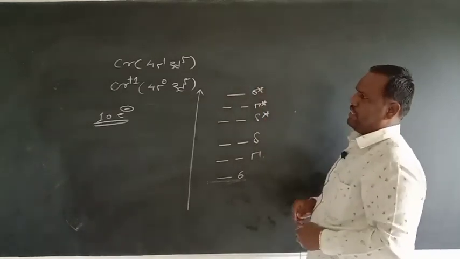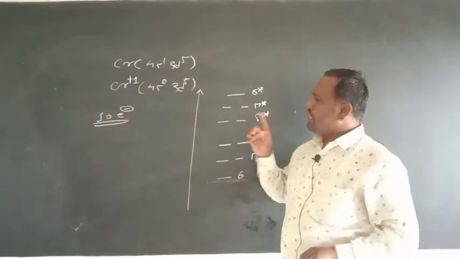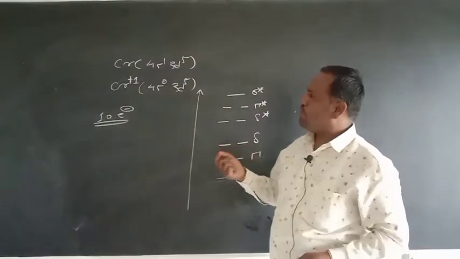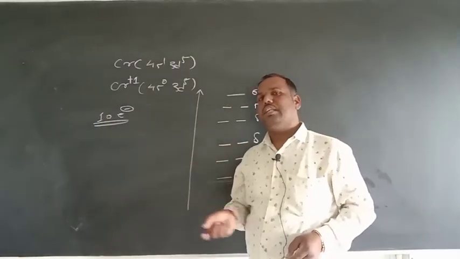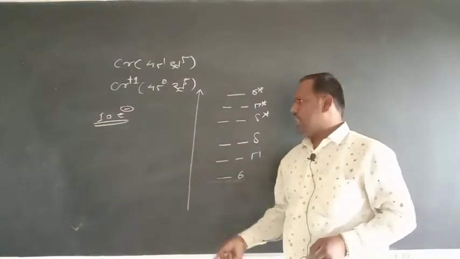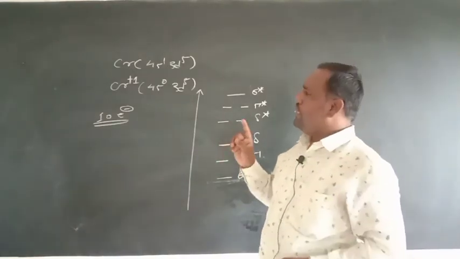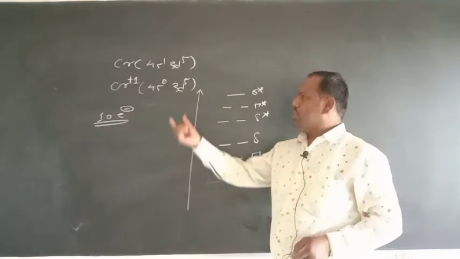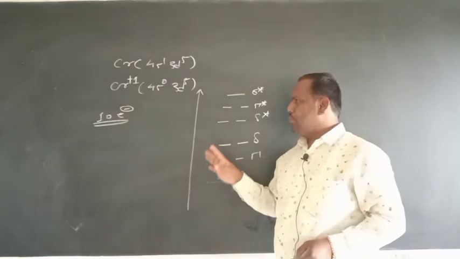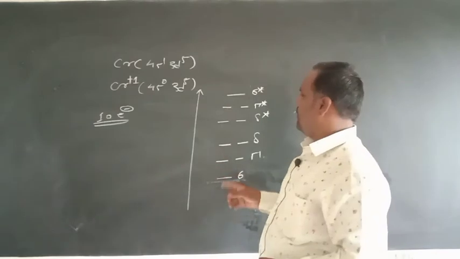You should keep in mind that whenever a pi donor ligand is attached to the metal atom, only one delta bond is formed, because the dx square minus y square orbital is involved in bonding with the ligand attached to the metal, and is not involved in bonding with the other metal atom. Therefore only the dxy orbital is available to form a delta bond. In this case the ligand is not a pi donor ligand, it is a pi acceptor ligand, and therefore both the dxy and dx square minus y square orbitals are available to form 2 delta bonds.